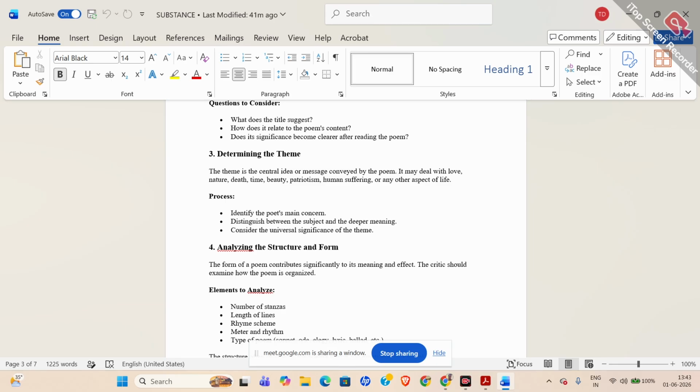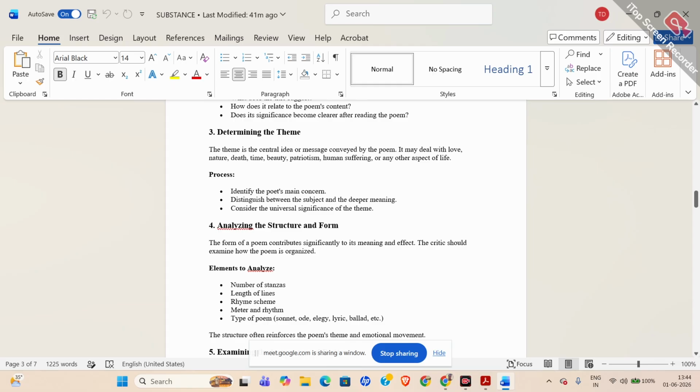The main themes are here mentioned. As you can see here, there are so many other themes also. The process: identify the poet's main concern. What is the poet concerned about in the poem? কি নিয়ে তিনি মানে কবিতাটা লিখছেন? Distinguish between the subject and the deeper meaning. Subject যেটা রয়েছে তার ভেতরে কি কোনো মিনিং আছে, আন্ডারলাইং মিনিং, যেটা মানে সহজে বোঝা যাচ্ছে না, মানে একবার দুবার পড়ে বোঝা যাচ্ছে না, ভেতরে ঢুকতে হবে কবিতাটার।